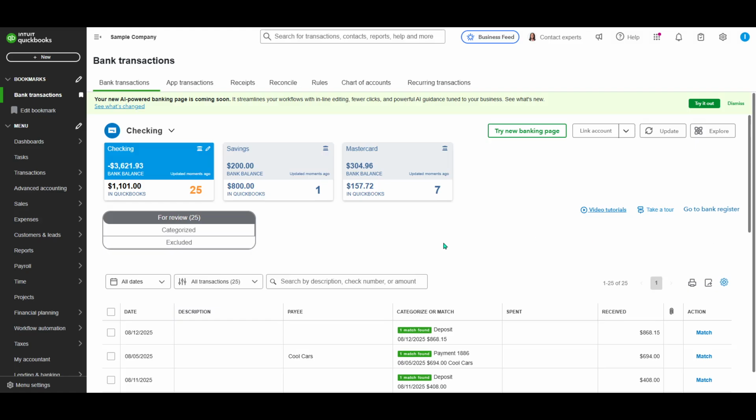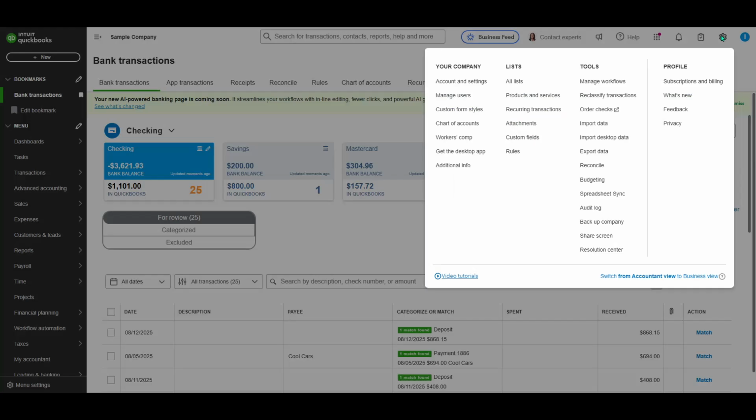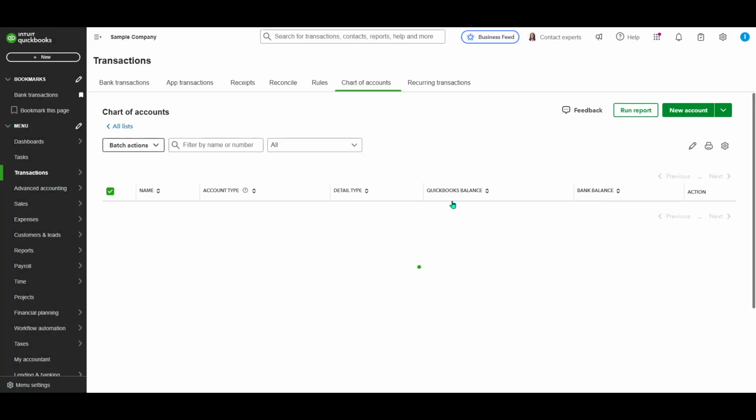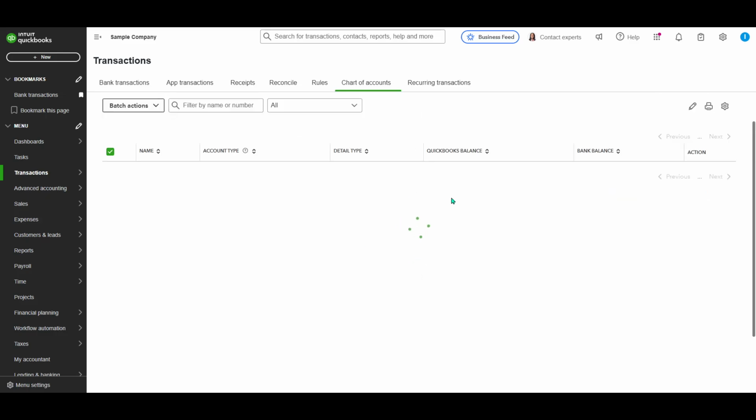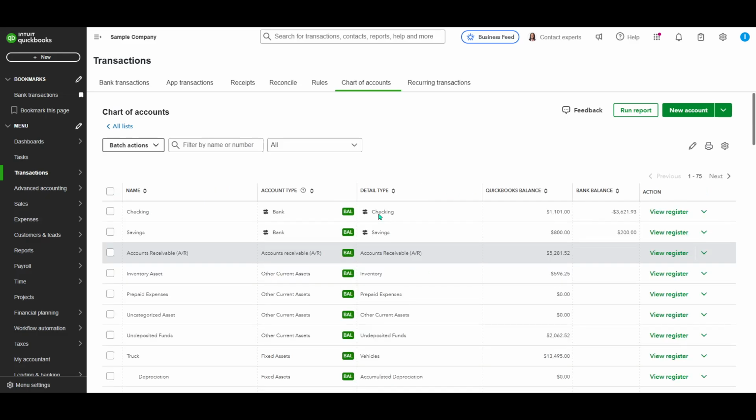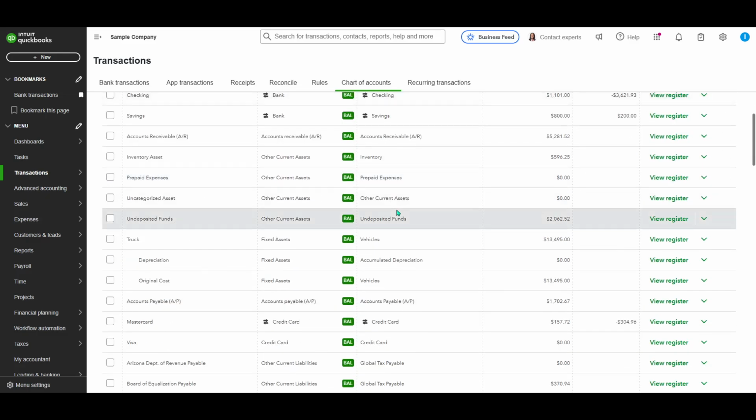First, you'll want to head over to QuickBooks Online and log into your account. Once you're logged in, the first thing you need to do is locate the gear icon. You'll find this icon situated conveniently in the upper right-hand corner of your screen. Clicking on this gear icon will open up a drop-down menu that houses many essential features and options you'll frequently use within QuickBooks. For our purpose today, you'll want to look for the option labeled Chart of Accounts and select